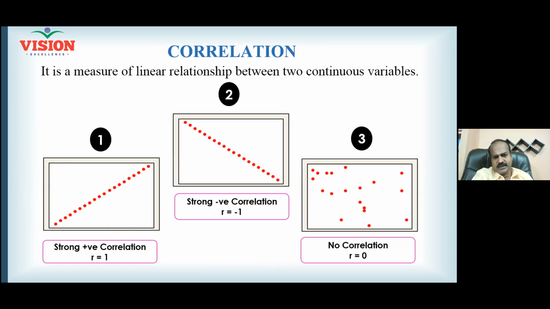And now looking at the third diagram, you can see the points, how the points are scattered. It looks like how the stars are in the sky. And now, can you make a guess? Is there a relationship between the predictor variable and the response variable in this diagram by seeing this diagram? No relationship, right? And that means no correlation. No relationship means no correlation. At that situation, when you calculate the R value, what is our Pearson correlation coefficient? R will tend to be 0. Whenever the R value tends to 0, you can make a conclusion there is no relationship that exists between your x variable and the y variable.